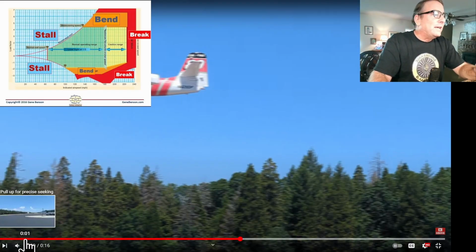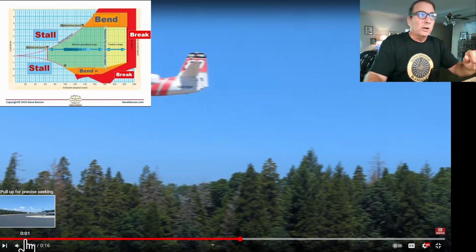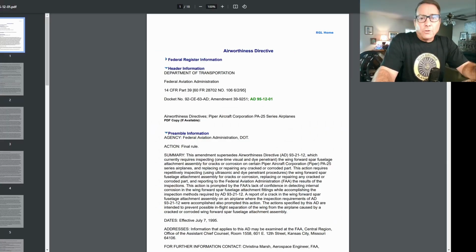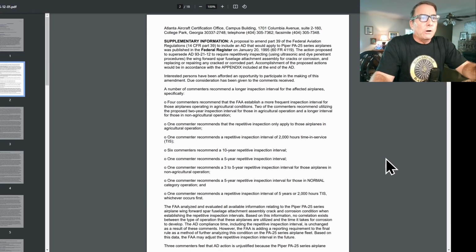But under no means do they want to yank and bank or pull hard while they are dropping their load, because of the fact that maneuvering speed decreases as you reduce the weight of your aircraft. Another problem with these airplanes, the Piper and even the air tankers, is they are older aircraft and you want to treat them gently. And in fact, there is an airworthiness directive out for the PA25 Pawnee regarding